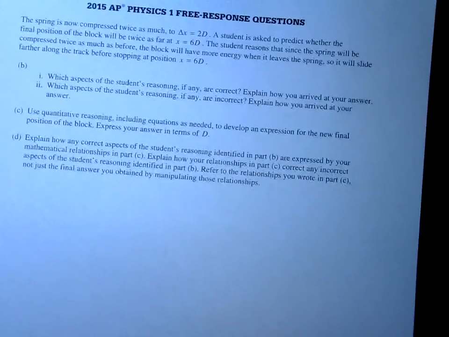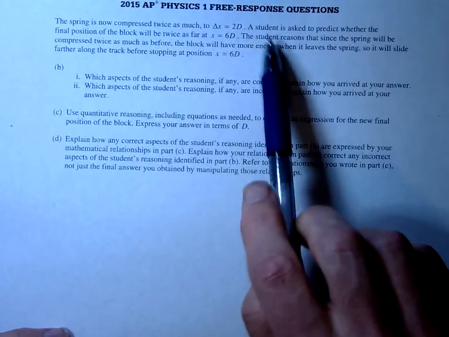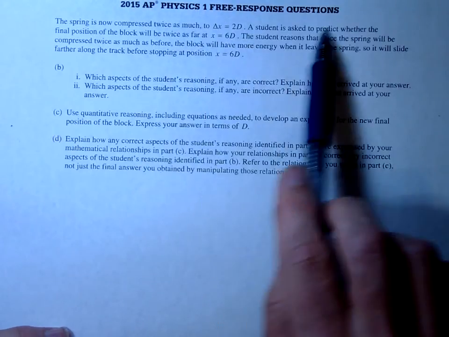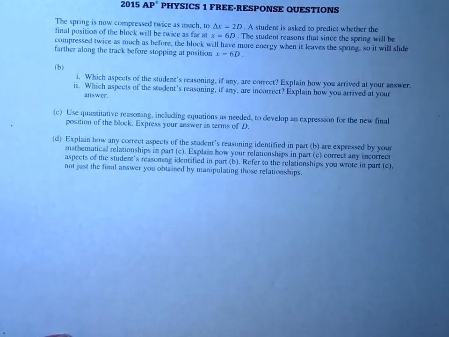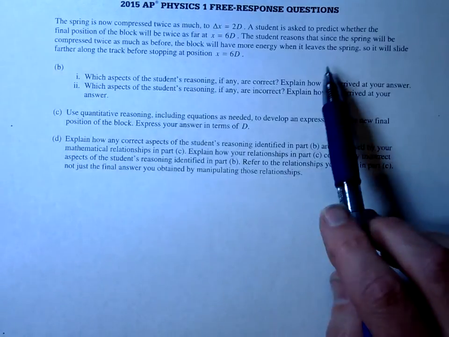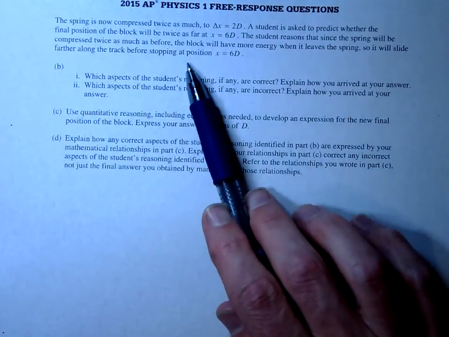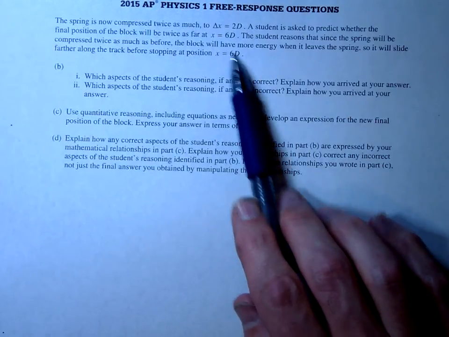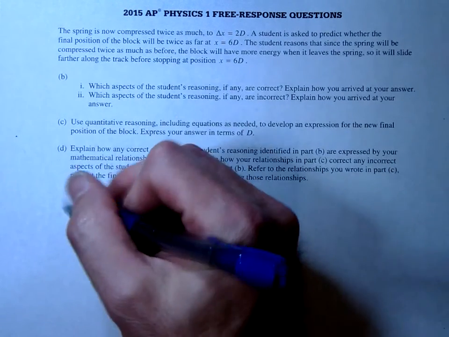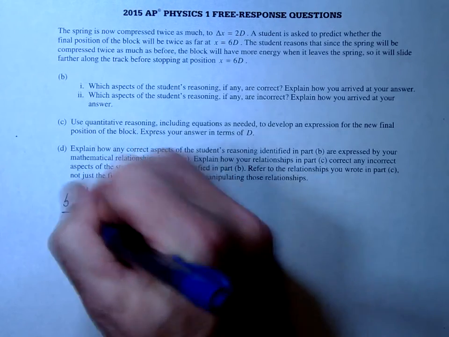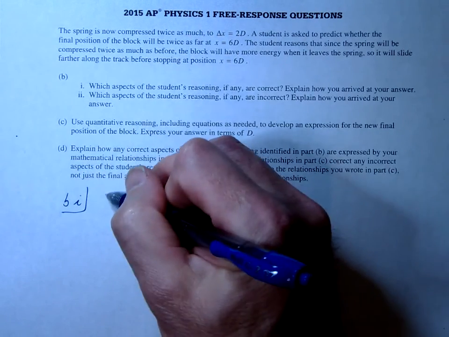Okay, the spring is now compressed to 2D, so we're going to push it back to 2D. They want to predict whether it will also go twice as far. The student reasons that since the spring is compressed, it's going to increase in energy, and therefore it will slide to x equals 6D. So which aspect of the reasoning is correct? The aspect is that it's going to increase. So the student is correct